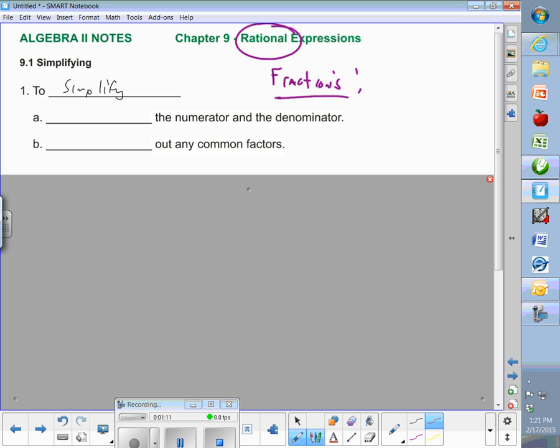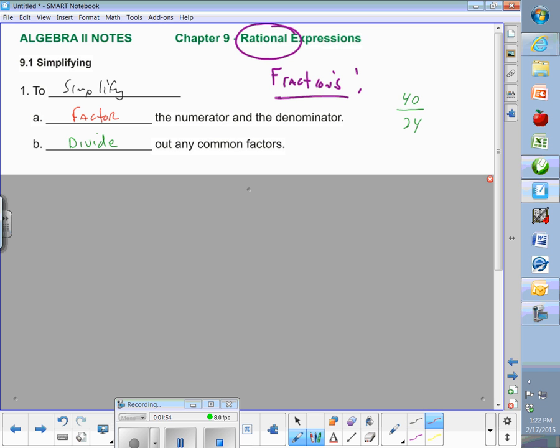So how do you reduce a rational expression? First thing you have to do is factor the numerator and denominator. Just like way back in pre-algebra, when reducing fractions, factor the numerator, factor the denominator, and then divide out any common factors. That's how we do it. We'll start off with a simplistic example, but just a refresher here on the side,